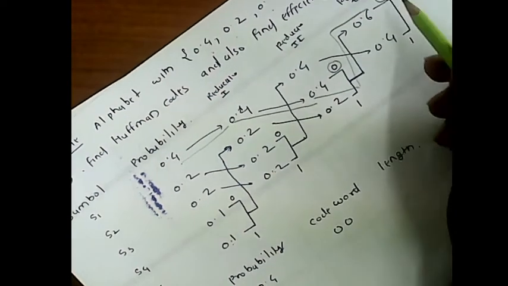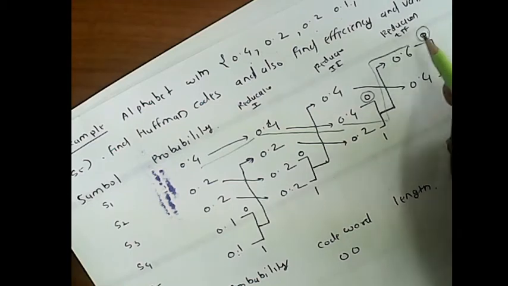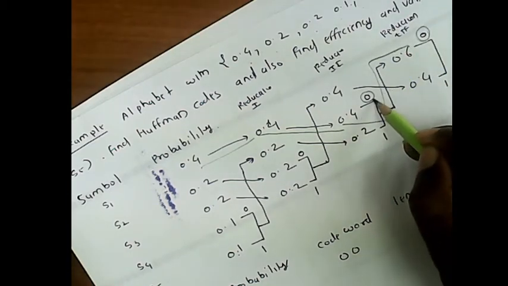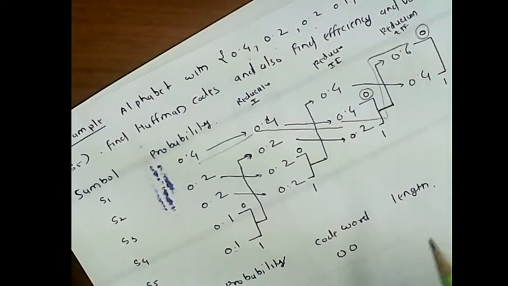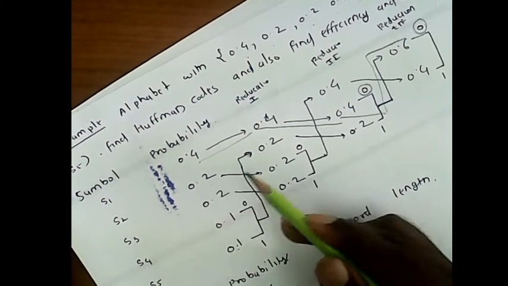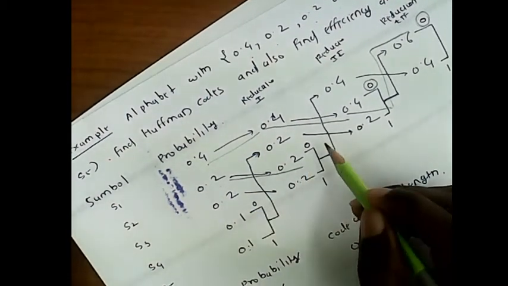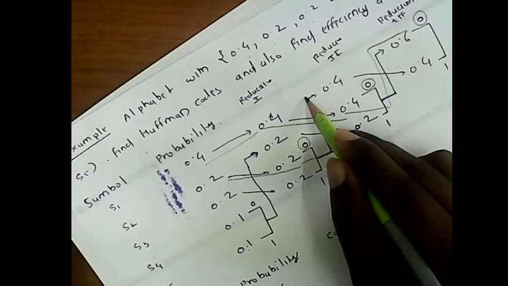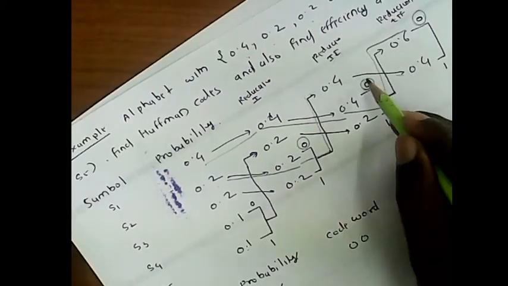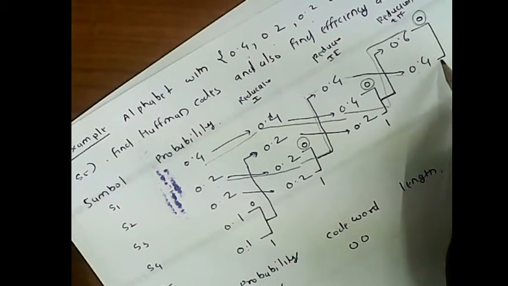For the symbol having probability 0.1, we follow the reverse path. The first symbol is 0, then it will be here, so that is 0. So we go in the forward direction and write the code in the backward direction. Similarly, we write the code word for 0.2. Going in the forward direction, first we get 0, then again go here. Follow the arrow direction and write the code in the backward direction.